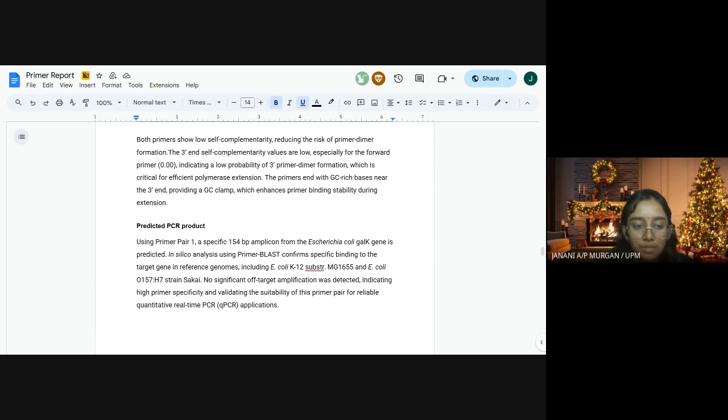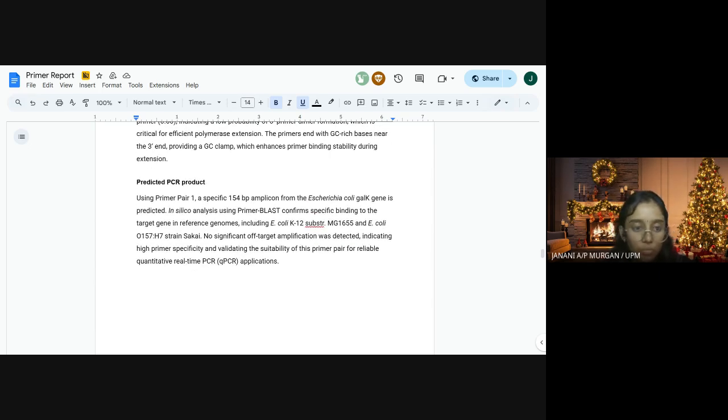To confirm the specificity, we validated our primers using NCBI Primer Blast. The analysis predicted a single specific 154 base pair amplicon from the GALK gene. The primers showed specific binding in reference to E. coli genomes such as K12 MG1655 and